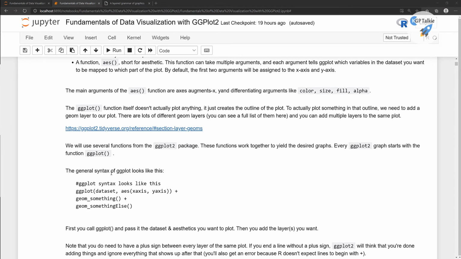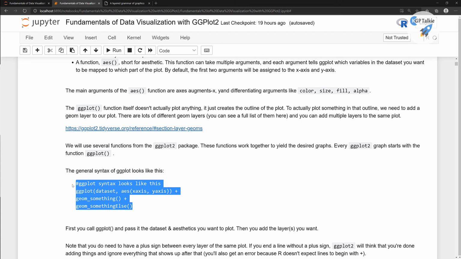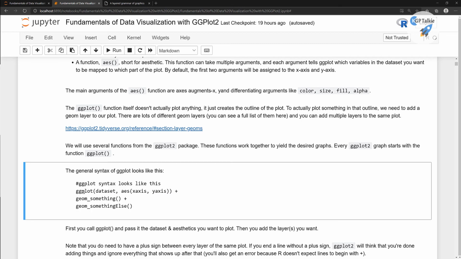Thereafter you will notice that ggplot will have a syntax something like this. There will be a ggplot, the data set, aesthetics, thereafter it comes there. So these are the data plotting functions which you need to pass separately, because this only plots the outline of your plot. It doesn't plot any plot actually. Thereafter you add these things to plot, like you can add the bar plot, a count plot, a histogram, a line plot, density plot, or any kind of plot if you want.